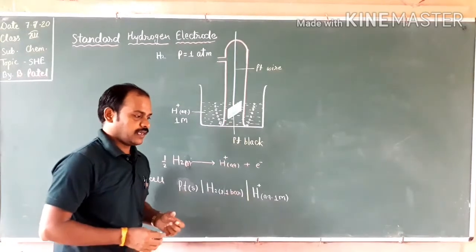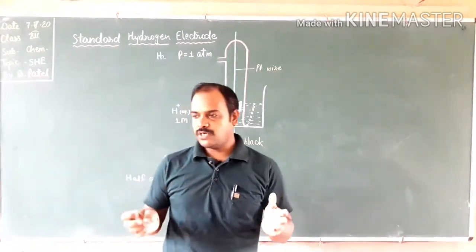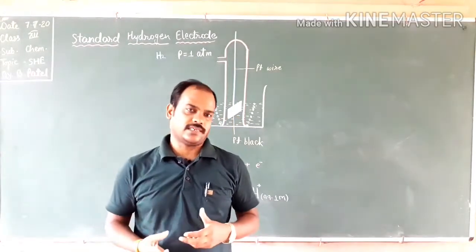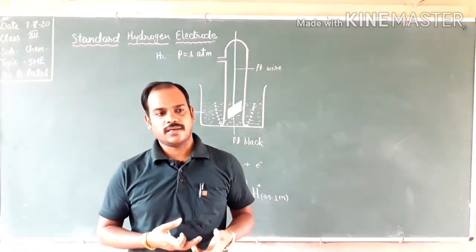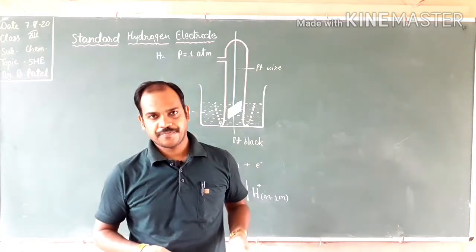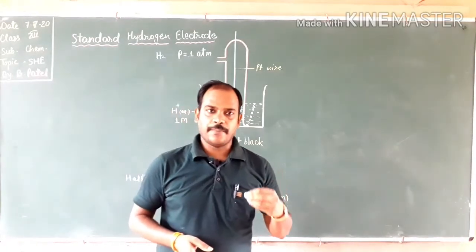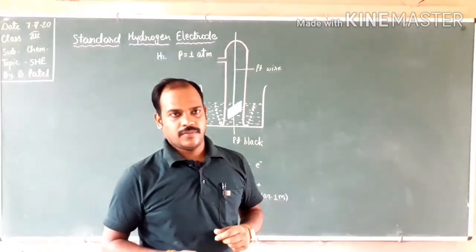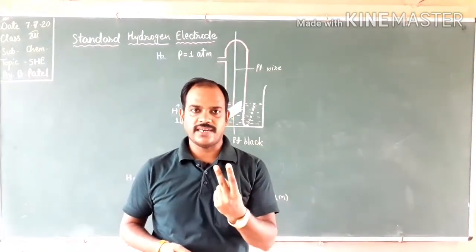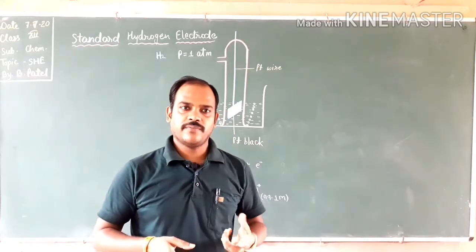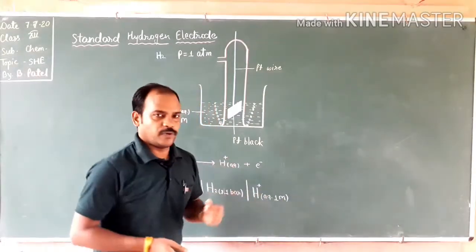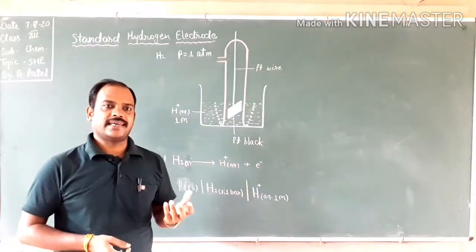But here the question is, how can we measure it? If we want to compare the electrode potentials of two metals, how can we calculate that? The direct measurement of electrode potential is very difficult, because we can compare only the tendency of metals. If a metal is dipped in its solution, it has two types of tendency, and which reaction will take place at which time is uncertain. So electrode potential cannot be measured directly.